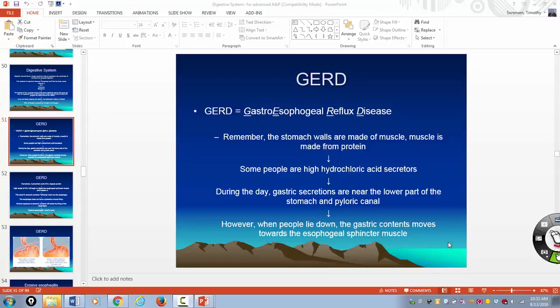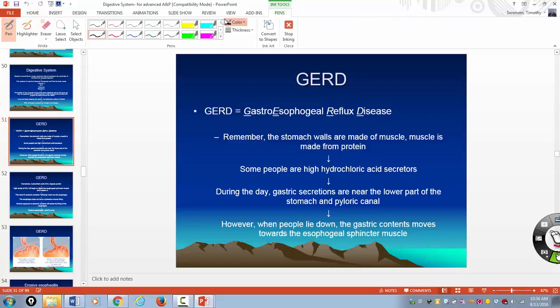Okay guys, today I'm going to explain to you some of the common disease states of the GI tract. I'm going to begin with GERD. GERD by definition stands for gastroesophageal reflux disease. Basically what's happening here is the contents of the stomach, which are normally supposed to stay in